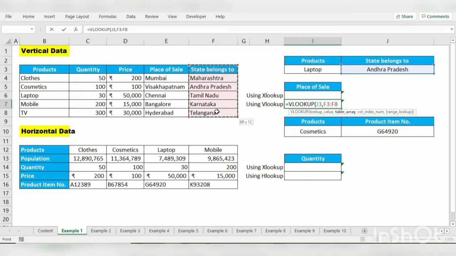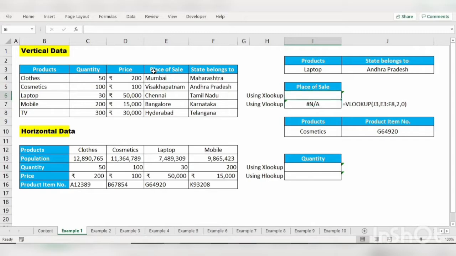From here I have to select place of sale. So column 1, column 2, the column index number is 2, comma 0. If I enter, it will throw an error message because VLOOKUP cannot search a lookup value from right to left.